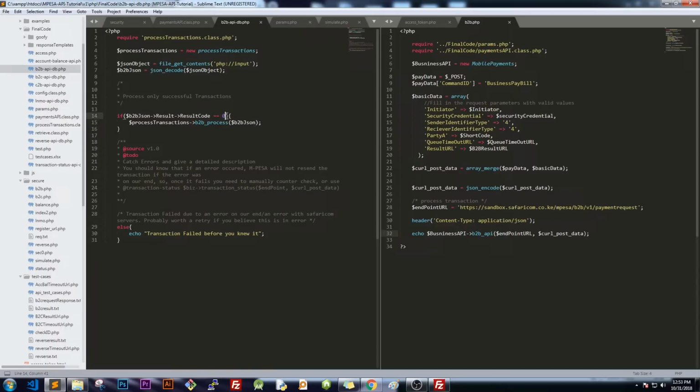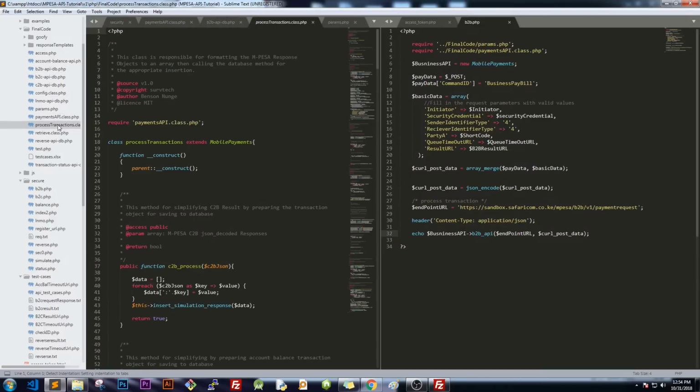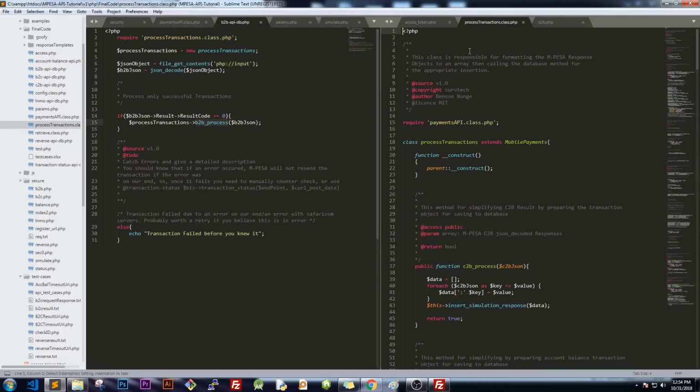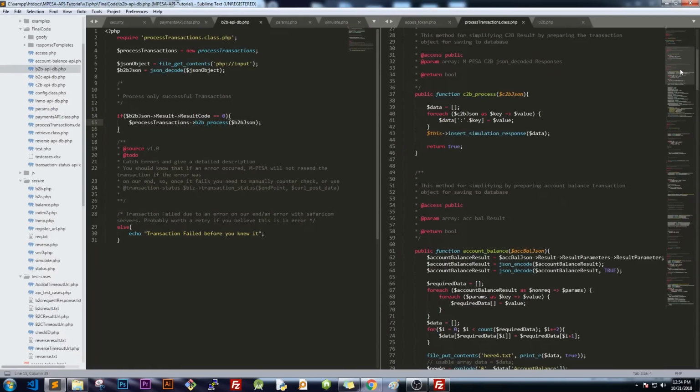And then once I check that this transaction was successful by checking the result code, I'll call the method for inserting to database. So I have another class here that I had created. I'm calling it process transactions. This is still low level, but don't worry, it is very easy. So now I have this request that I'm passing as a parameter to this method. So if I go to that method, which is B2B here,